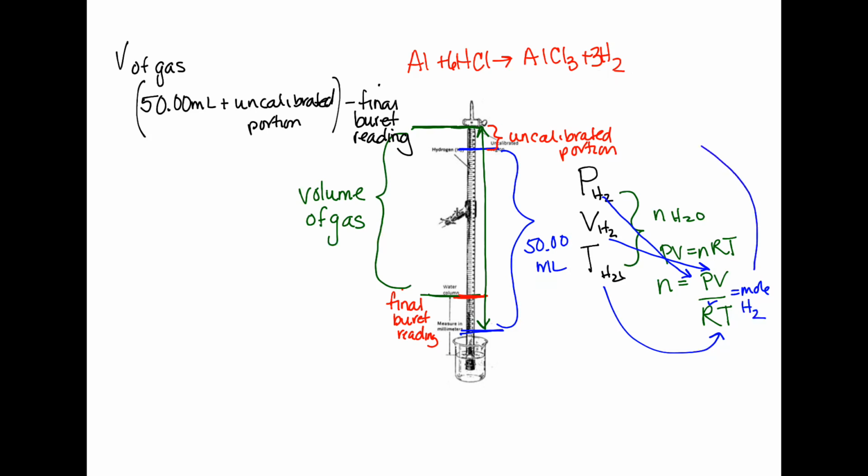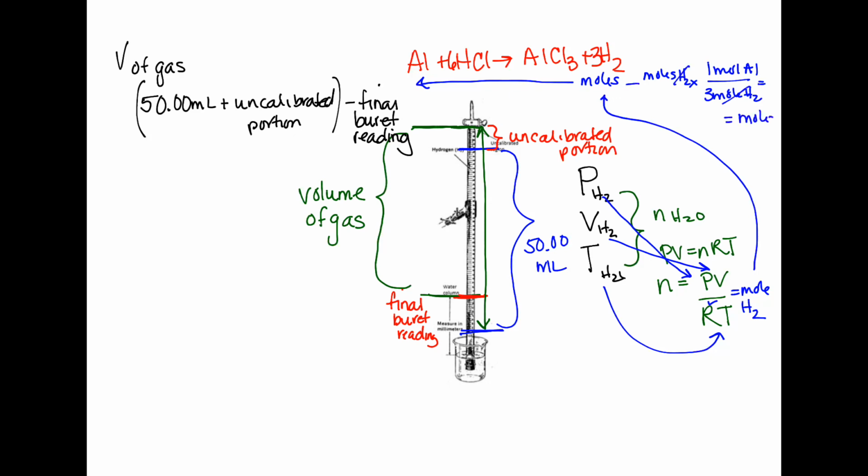And we can use that moles of H2. So if we have moles of H2, we can use that to find moles of our metal. In this example here, if I started off with my calculated moles of H2, I can see that there are 3 moles of hydrogen for every 1 mole of aluminum. And so the moles of hydrogen would cancel out. I'd put in my number right there, and I would be able to